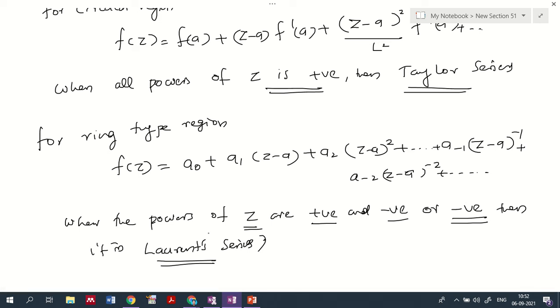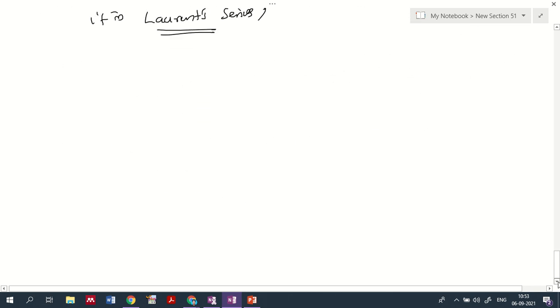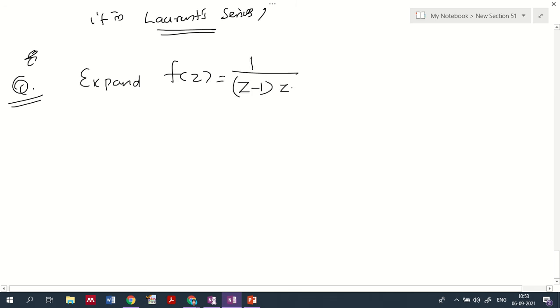So in this fashion you will distinguish a Laurent series from a Taylor series in the normal case, and we'll examine how to verify whether a function is a Laurent series or not. We'll give one problem here. Expand f of z equal to 1 by z minus 1 into z minus 2 in the region,